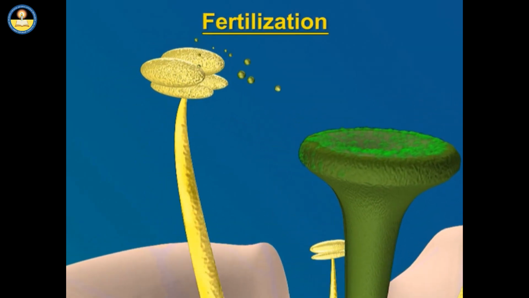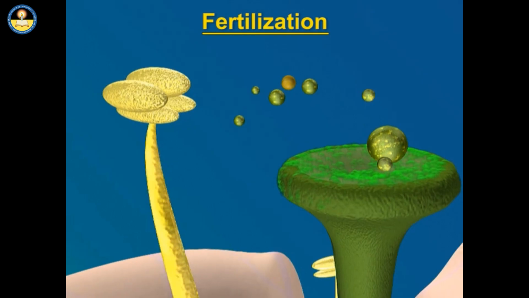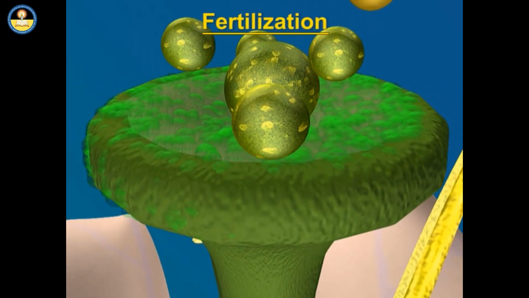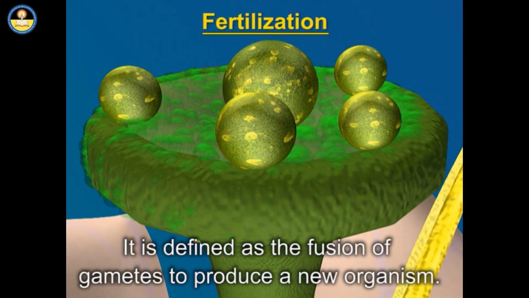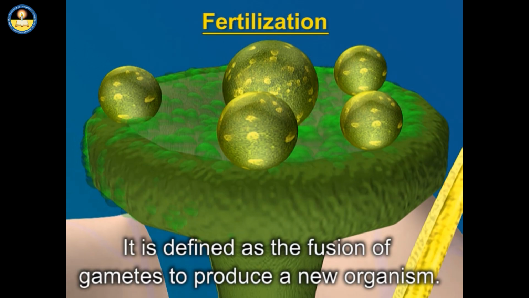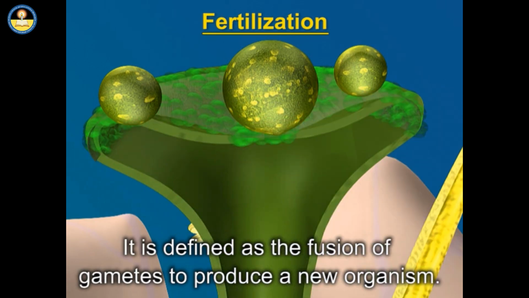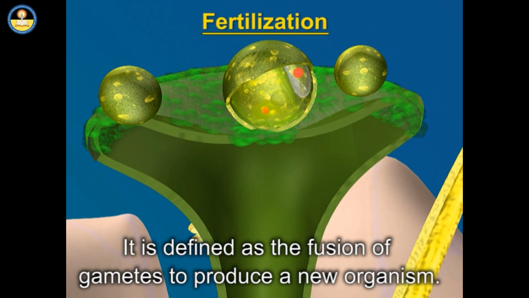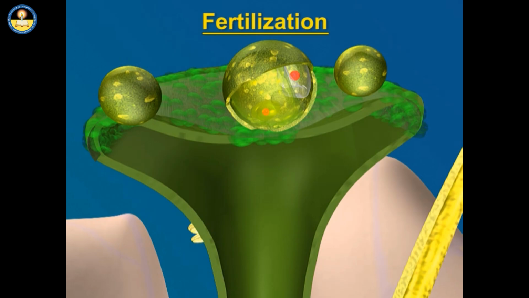After pollination, the next step of sexual reproduction is fertilization. Fertilization is defined as the fusion of gametes to produce a new organism. In the case of plants, the process leads to the creation of new seeds that grow into new plants. Only after pollination, when pollen has landed on the stigma, a chain of events takes place that ends in the